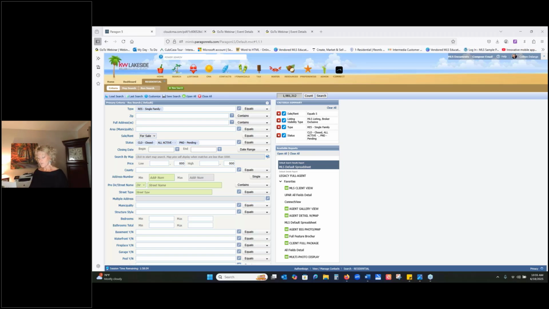And he always taught me to have one comp tucked away, not in your CMA, tucked away, that was an overpriced expired. Now, not so much in this market, but again, if the market were to shift and now we're seeing sellers who need to be more realistic about their price, because let's face it, in the last couple of years, they've had some wiggle room for sure. But he taught me to have one overpriced expired in my bag, that if that came up and became an issue, you could pull out of your bag and you could say,